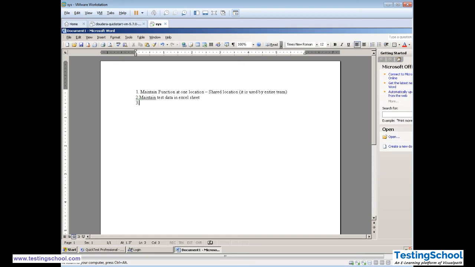And third, mention functions at one location, like we did with our .vbs file, maintain an Excel sheet for the test data part, and keep the test case wise code in a separate location.